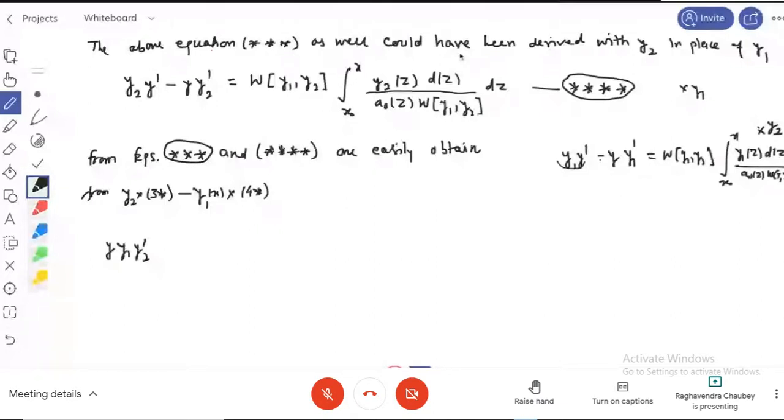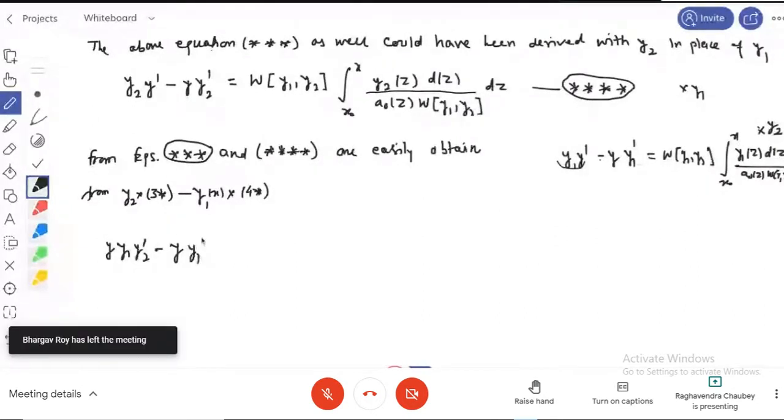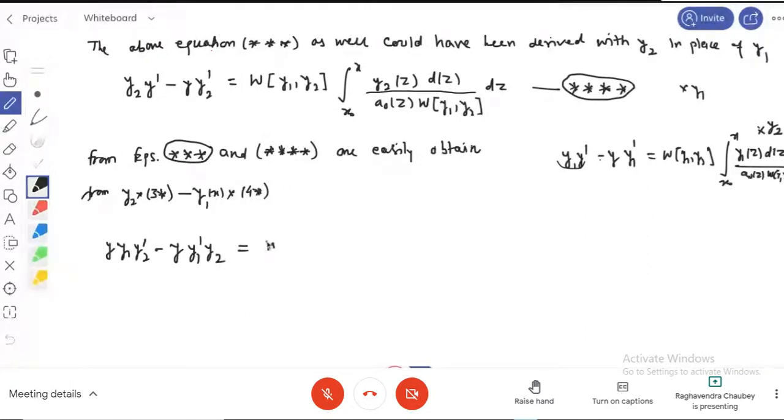So if this minus this, this becomes minus y1 prime y2. So if we multiply by y2 in third equation, minus this equals Gaussian of y1 y2, because these two are same, and here we multiply by y2. Okay, so this thing you can write